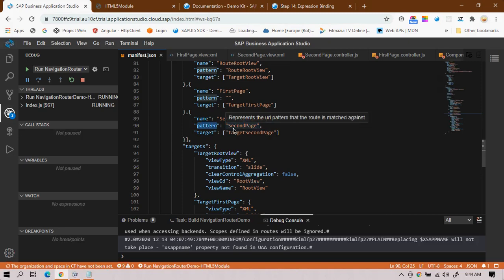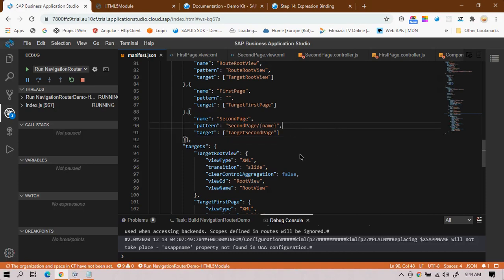So where should I pass these parameter values? In the pattern, right? Because the name will not carry this, the pattern will carry it. So in order to pass this, I have to remove it from the name and pass it in the pattern, then only it will work.